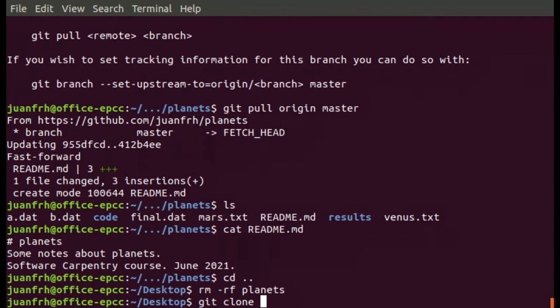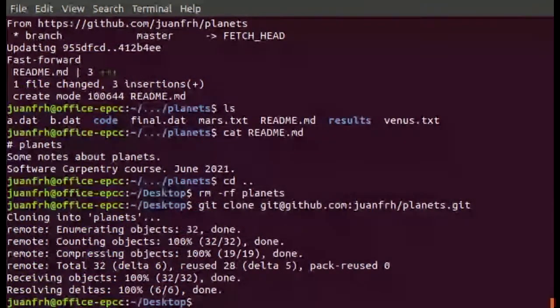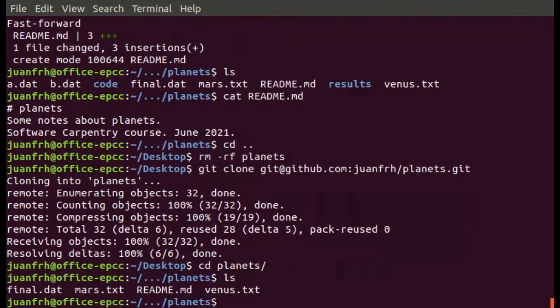git clone. And for example, in my case, because I have the SSH keys defined, I will show you how. One moment while I get the URL. SSH. So in this case, I use this URL, which is for SSH keys. If I do that, I'm cloning into planets, and you also see remote enumerating objects, receiving objects, etc. If I do cd planets,